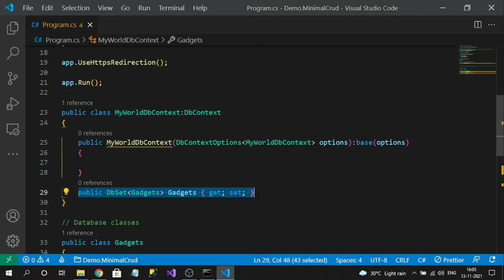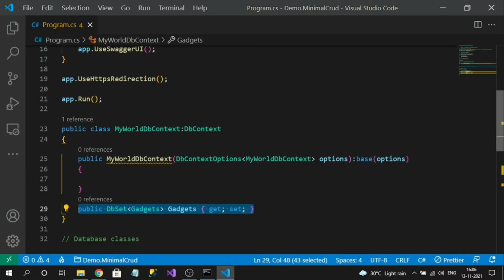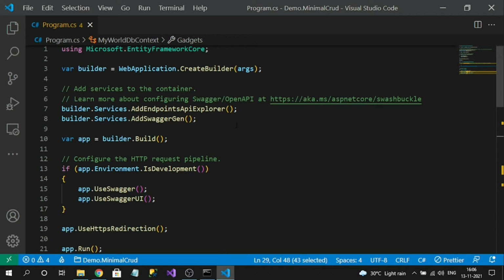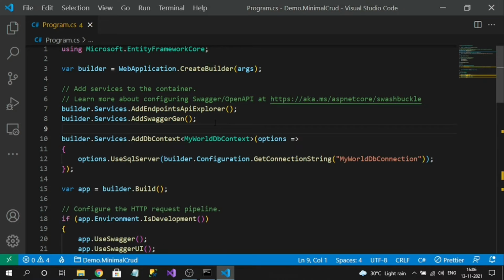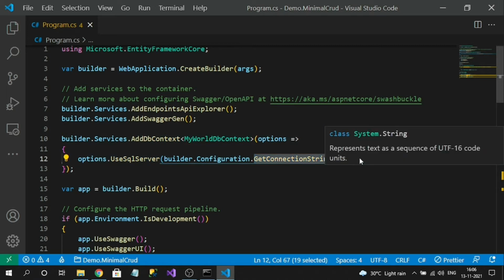Now let's register my DB context into the ASP.NET Core built-in DI, nothing but dependency injection. There is no Startup class here, so we have to register it here itself. Let's register our DB context. Now you can see I have registered my DB context with my SQL Server connection string.